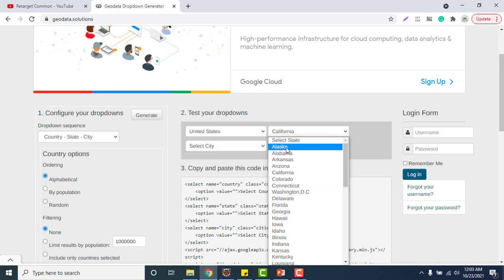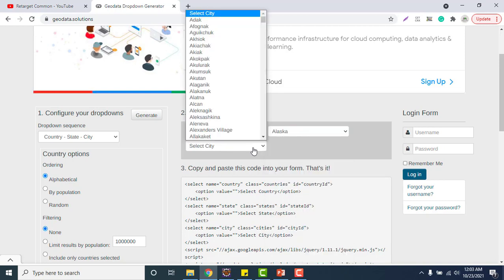It should display only states from the United States, and should not show states from other countries. Same thing, if you select a state like Alaska, then all the city names should be from Alaska, not from any other state of the United States. This is the kind of check we need to do.